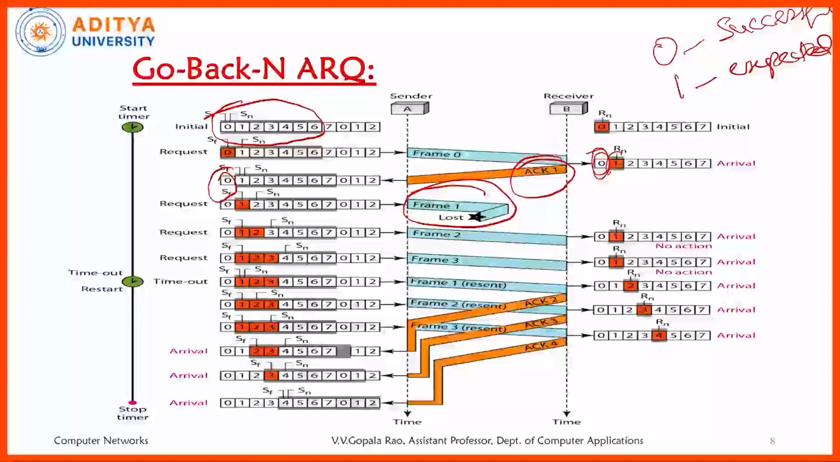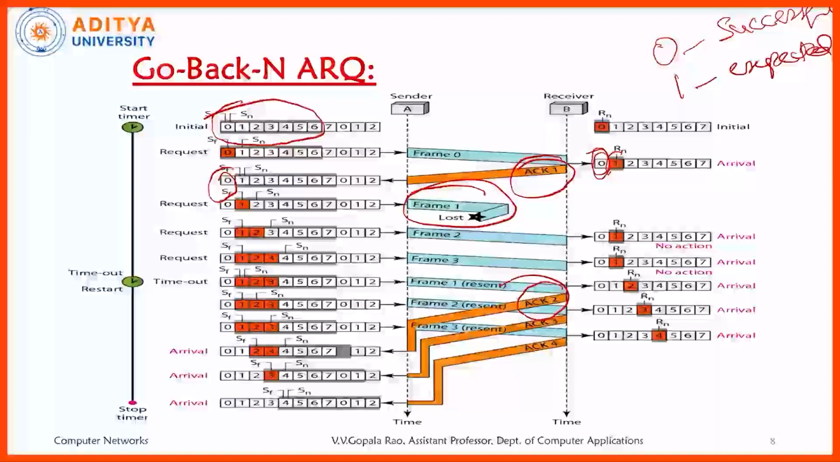But after some time, the receiver is saying that ACK2, that means frame number 2 is in the transmission, frame number 3 is also in the transmission, and frame number 1 is lost, because the sender is not actually getting the information from the receiver. So the sender is again sending frame number 1, because the ACK2 is mentioned